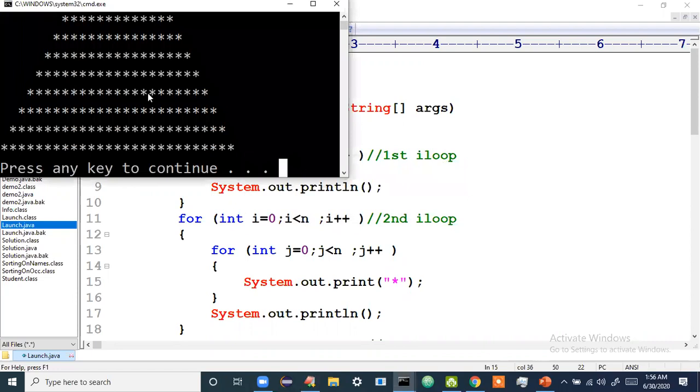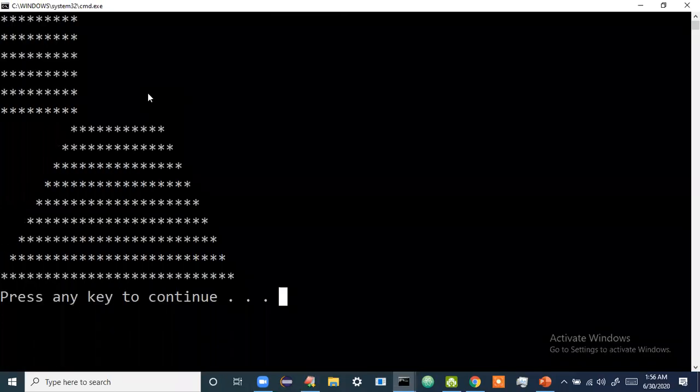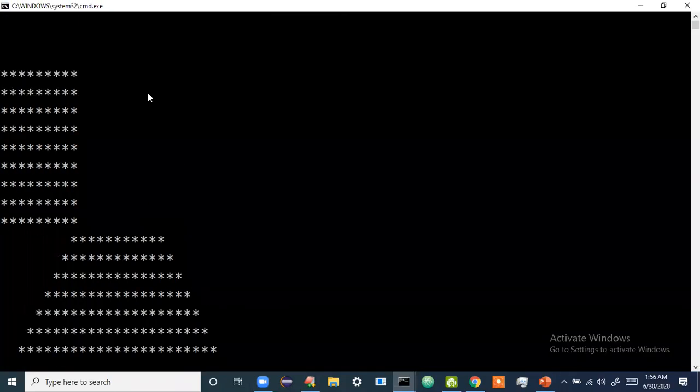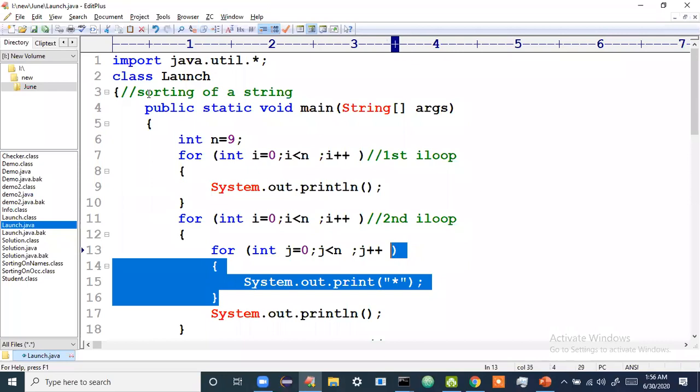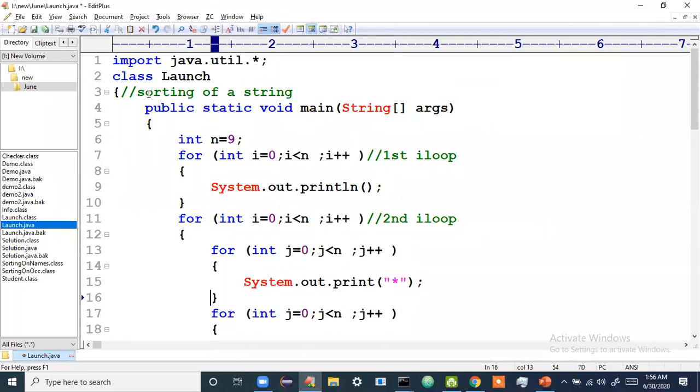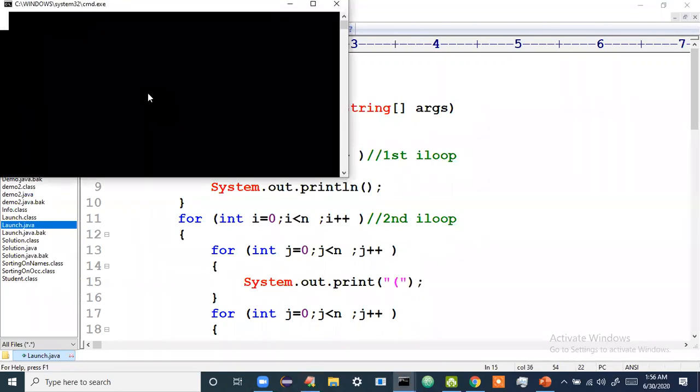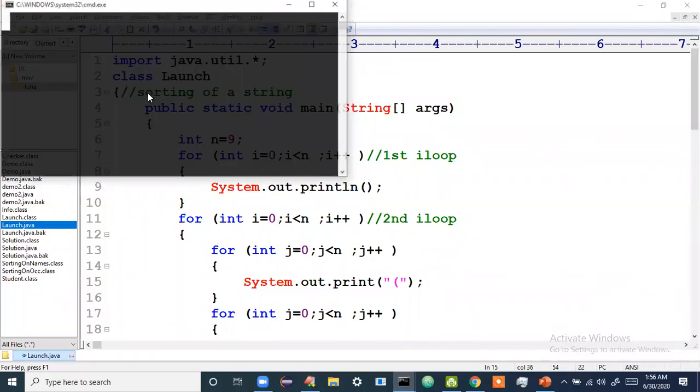See what has happened now is that the pattern has shifted to the left. Why? Because you have not given a space. You should first print space, then you print star. What I mean to say is, in the second I loop, directly don't print star. What you have to print? First you have to print some characters. Maybe let me show it like this, to show you how it will look. Once you print something, then only the next pattern will shift.